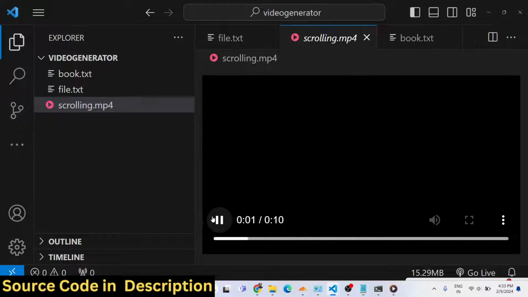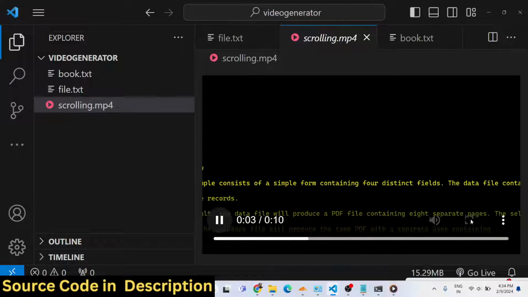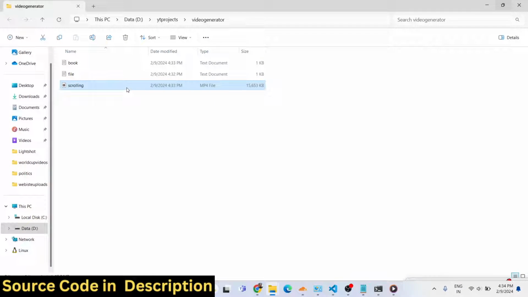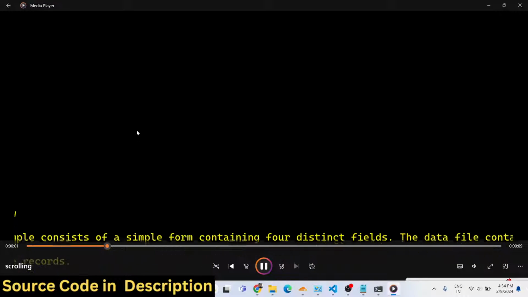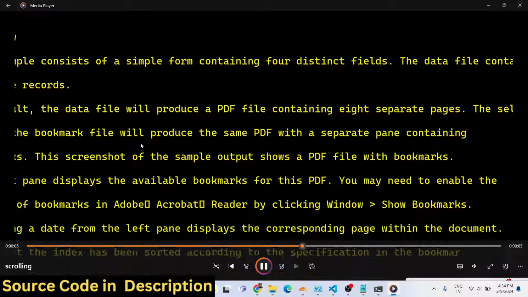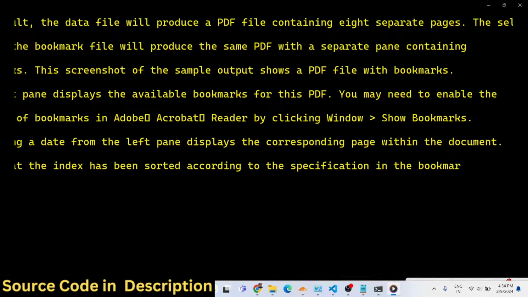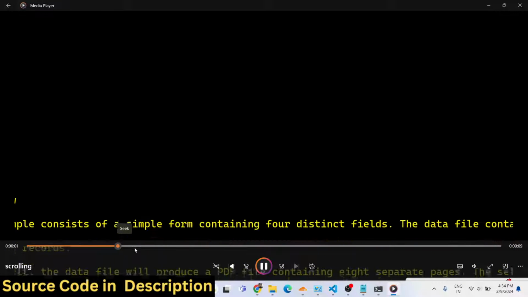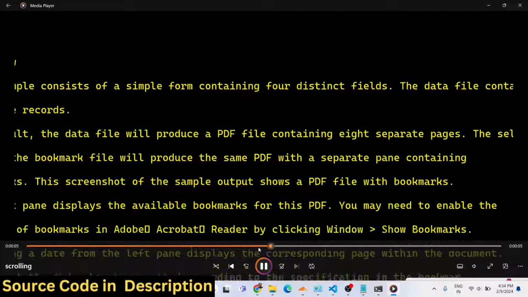So now you will see that. You just need to align the text properly, whenever you write the text in the text file, so that in the video it should appear properly. So this is the actual effect, guys,